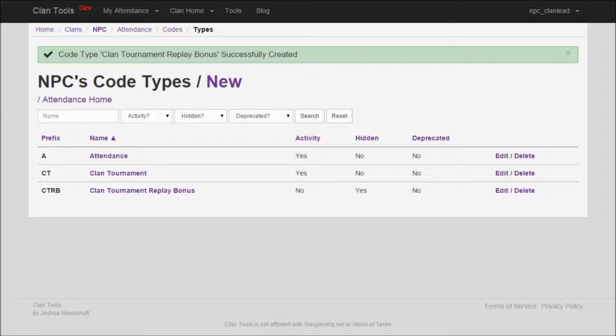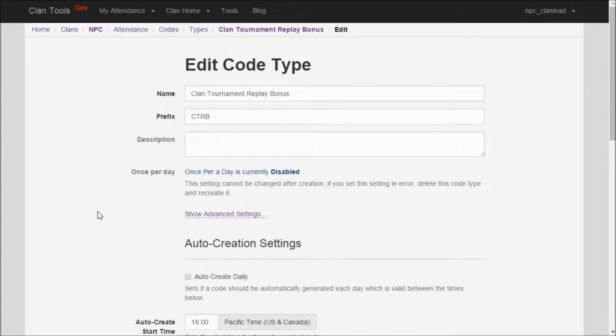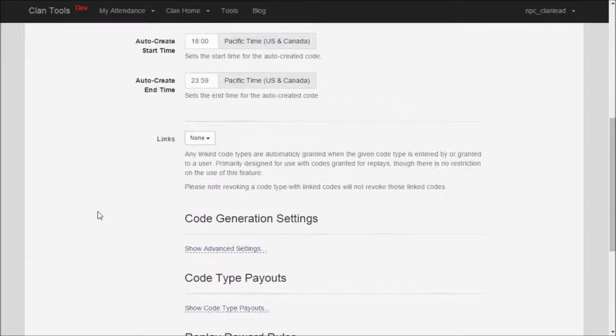To use this, I made a new code type which is just for giving the bonus to the players who participated in the actual tournament battles. Most of the settings don't really matter, as the code type isn't going to be entered anywhere. I did, however, go into the advanced settings and mark the code type as hidden, as it doesn't need to be created. On the edit page for this code type, I scroll down to the replay reward rules and